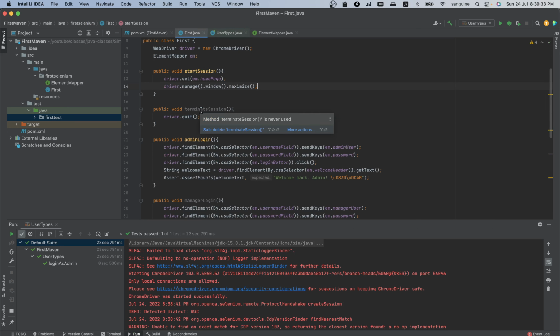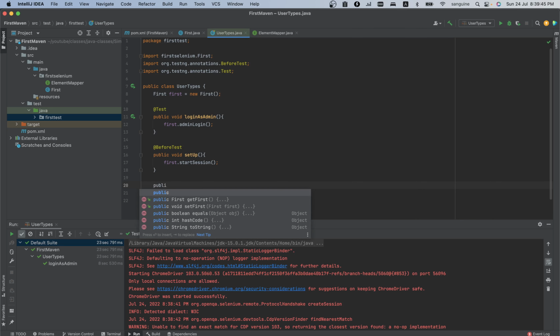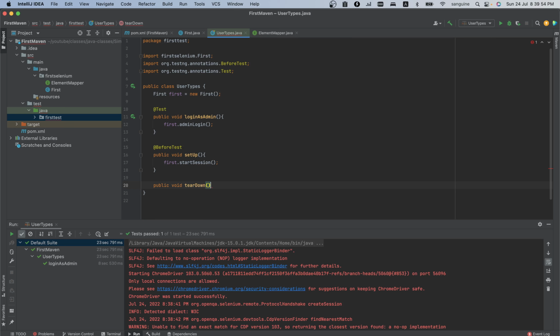So in order to bring the terminate session in, we can easily just do this. Public, let's call this tear down. By convention, this is a good name because one is setting up and one is tearing down the session. So here we can have first dot terminate session. But this won't work, like we've already established when we tried setup, without an annotation of its own. So we are going to add an after test,